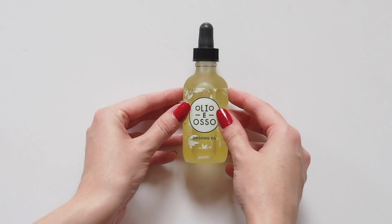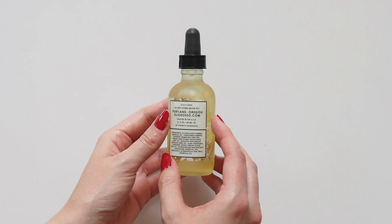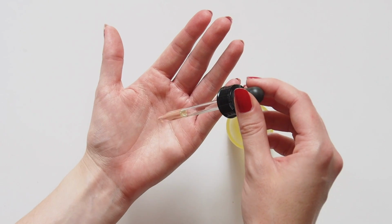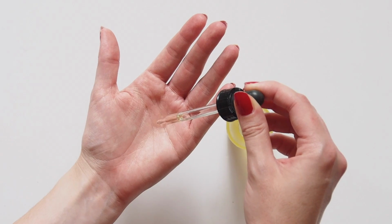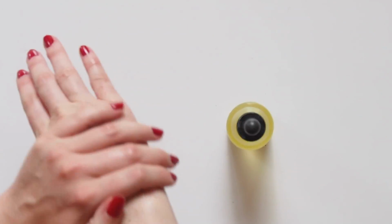I had a good feeling about their finishing oil and I wasn't wrong. It's super light, hydrating, and gives glowy results. You only need 4 to 5 drops, warmed in the palm of your hand, then massaged onto your face and neck. I've also been a bit cheeky and applied this as a body oil too, and I really like how